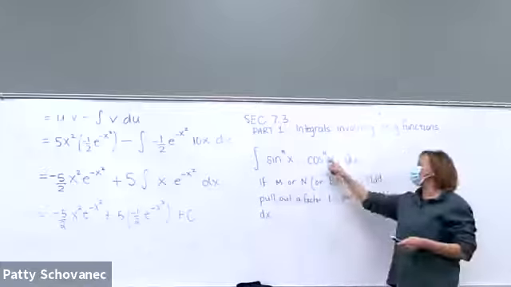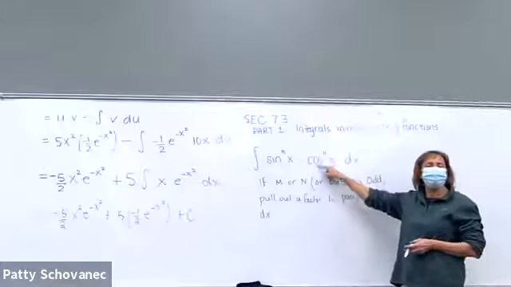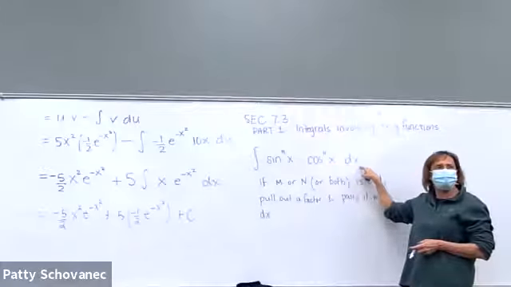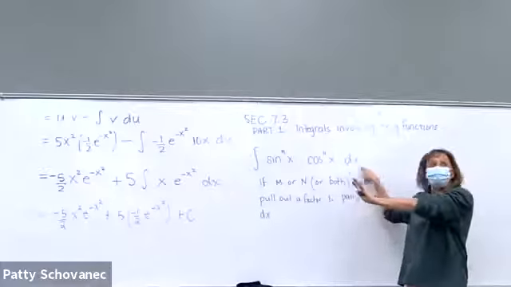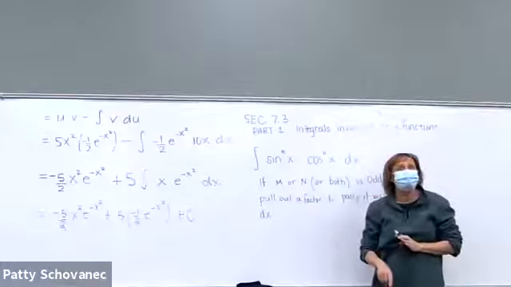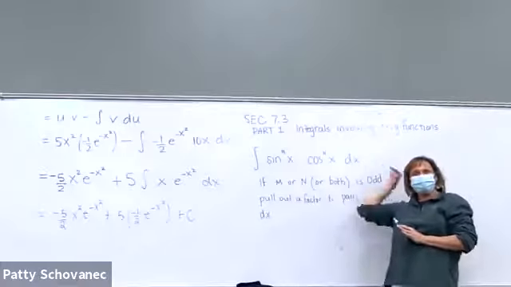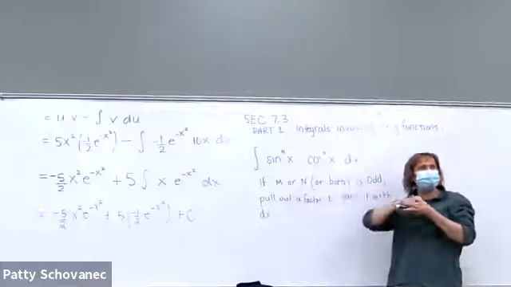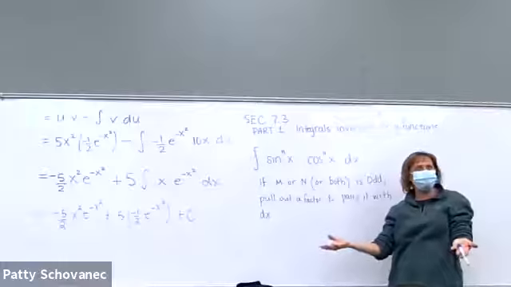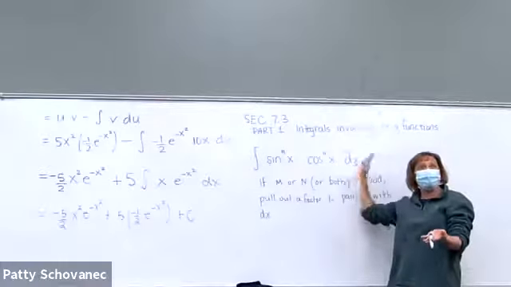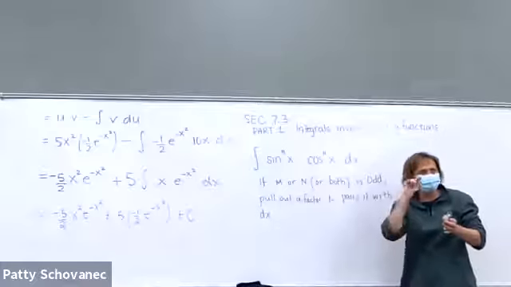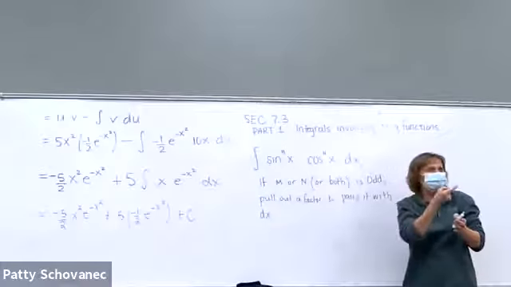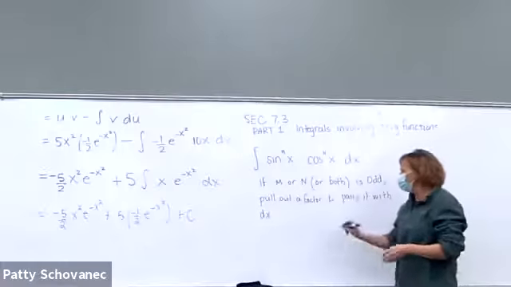So for instance, if this was an odd power and cosine, I take one cosine out of there, which now leaves me an even power on cosine, and I have a cosine of x dx. So then I would want to write the rest of my integral in terms of the other trig function. So if I'm pulling a cosine out and have an even cosine left, I have a Pythagorean identity that changes those even cosines into sines. So then use